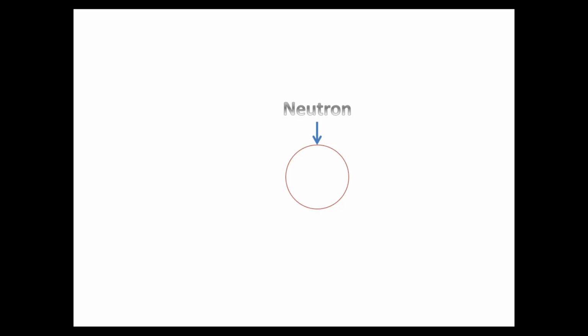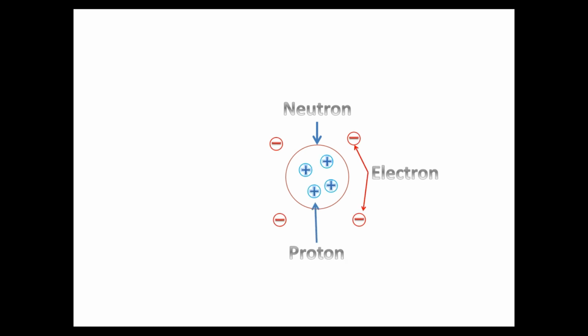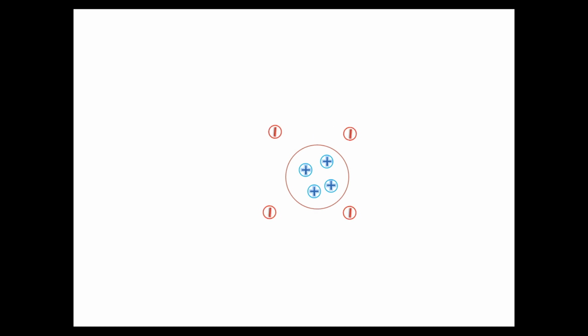For that we have to touch on the ionization topic a little. If we consider an atom, it consists of neutron, proton and electron. The proton is a positively charged particle, the neutron does not have any charge, and the electron is a negatively charged particle. The electron revolves around the proton and neutron. These are general points everybody knows.